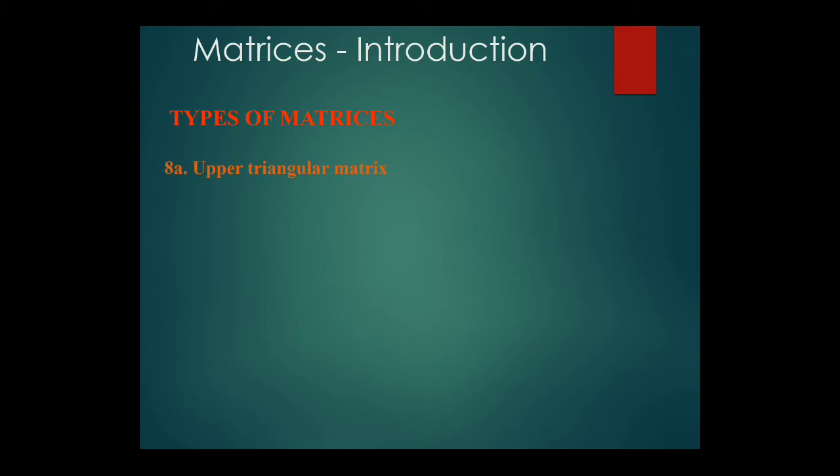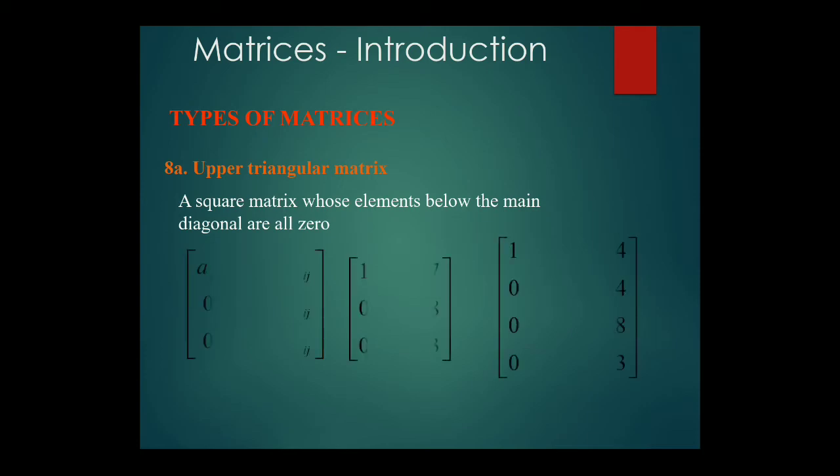The upper triangular matrix is basically a square matrix whose elements below the main diagonal all are 0. So we can see we have the general form, that is aij, aij, aij, 0, aij, aij, 0, 0, aij. So you can see that the elements below the diagonal all are 0. You can see in the example we have 1 8 7, 0 1 8, 0 0 3. You can see below 1 1 3 we have 0 0 0. Now let's see the next type.